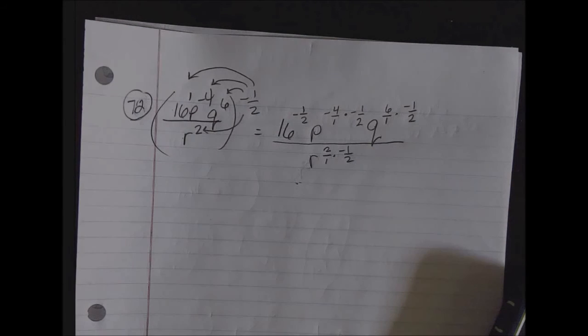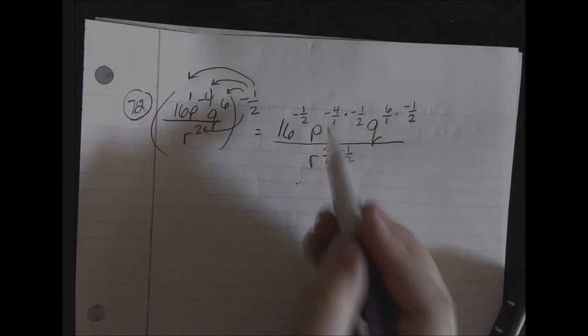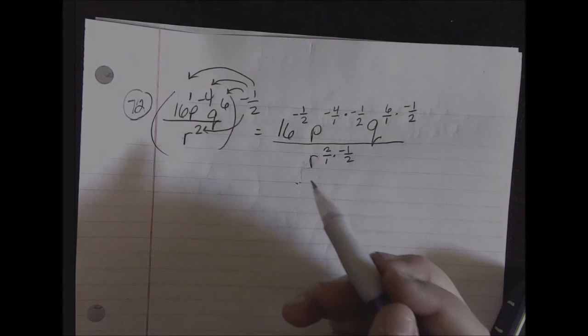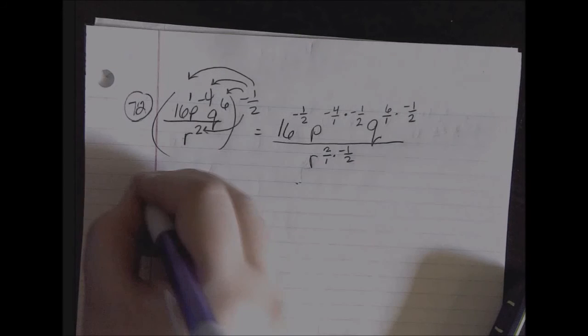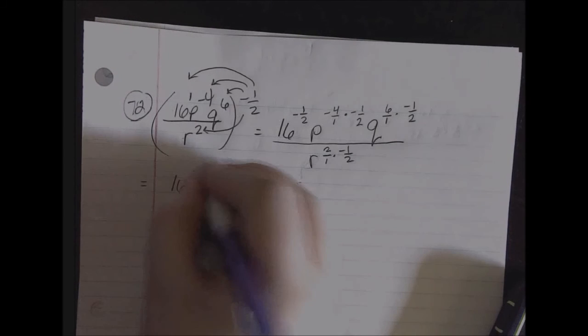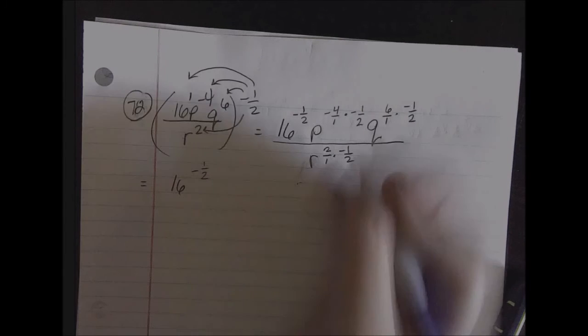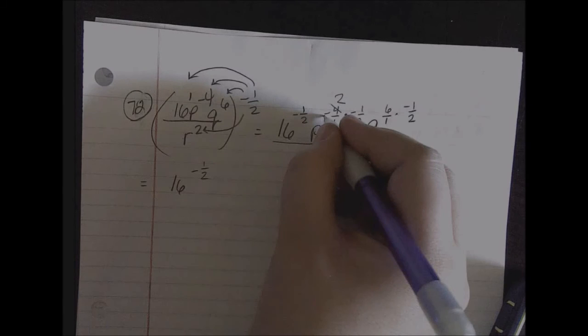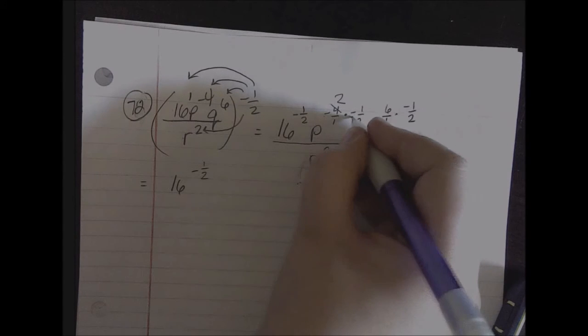So let's go ahead and multiply what we can, and then we'll move the negative exponents where they need to go. So I'm going to go ahead and leave that 16 to the negative 1/2 alone. Well, 2 goes into 4 2 times, and a negative times a negative is a positive,